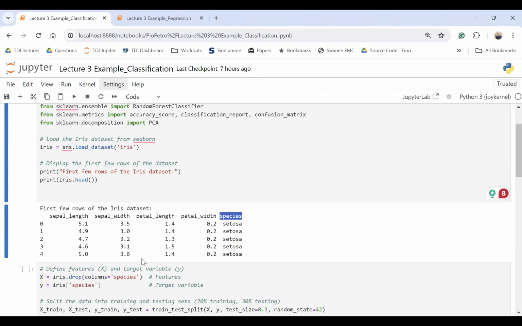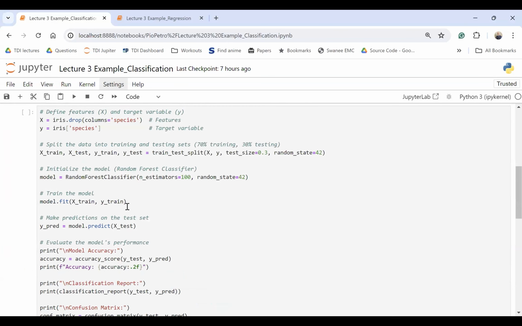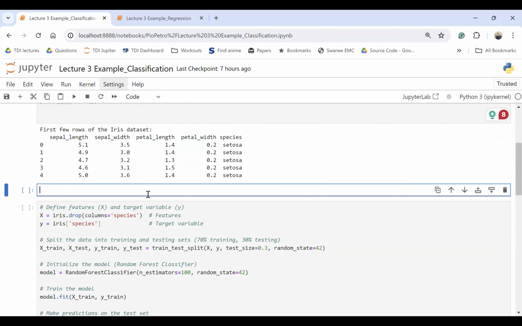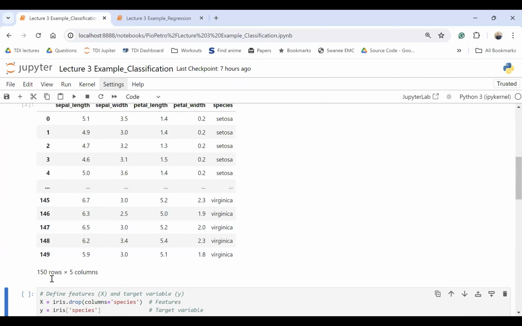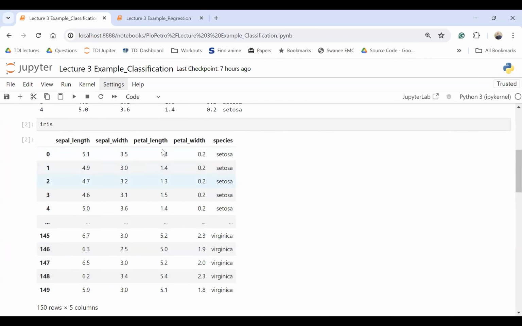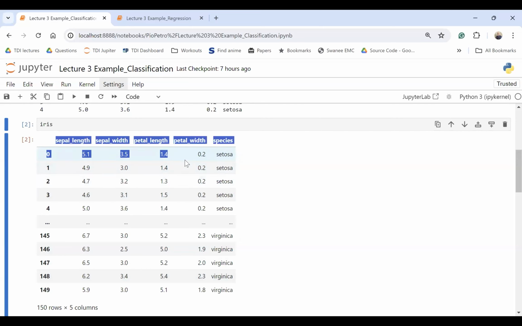So what are we trying to do with this data set? I would rather show the full data set, so I'm just going to show all of it. And here we can find out that it's 150 rows, 5 columns, and you see the different features and the different species. So what we're trying to do in this model is leverage these 4 features, the sepal length, the